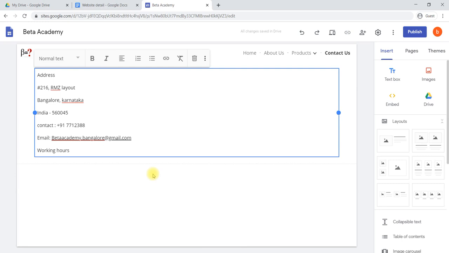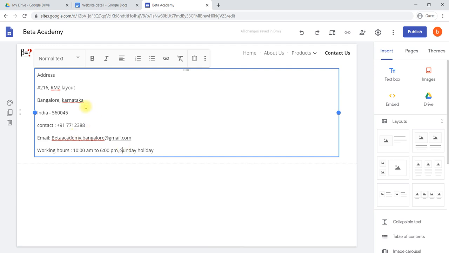Okay, working hours you can say 10 a.m. to 6 p.m., then comma, Sunday holiday. Like this.